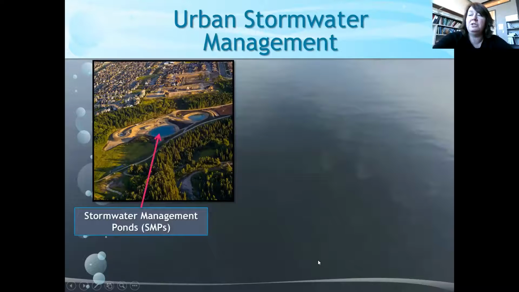Another part of the research we do in my lab is trying to understand urban aquatic systems and how stormwater affects them. I'm not sure if you know much about climate change, but we're experiencing climate change right now. And it's not just about our summers or our climate in general getting warmer over time, but the prediction, and what we're experiencing, is that we're going to have stronger storms. So more thunderstorms in the summer. These stronger storms mean really heavy rain is going to hit this pavement here, and it's just going to rush right into our creek.